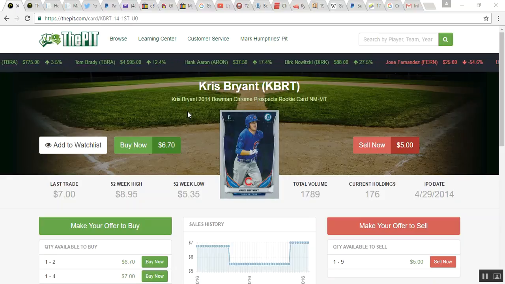Against the background of a baseball field, we see Chris's name and his symbol in capital letters. KBRT is the symbol that identifies him as a player, and it's one of 4 components that go into the overall symbol for a particular card. You can see up here in the URL, this particular item page starts with the player's symbol, KBRT,